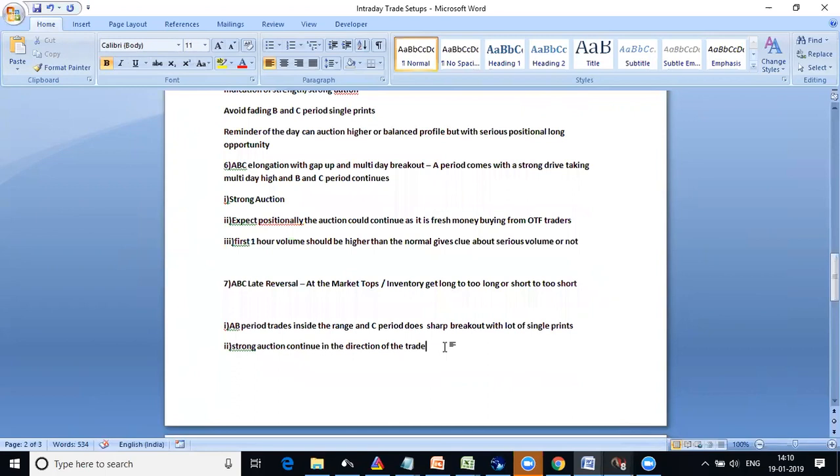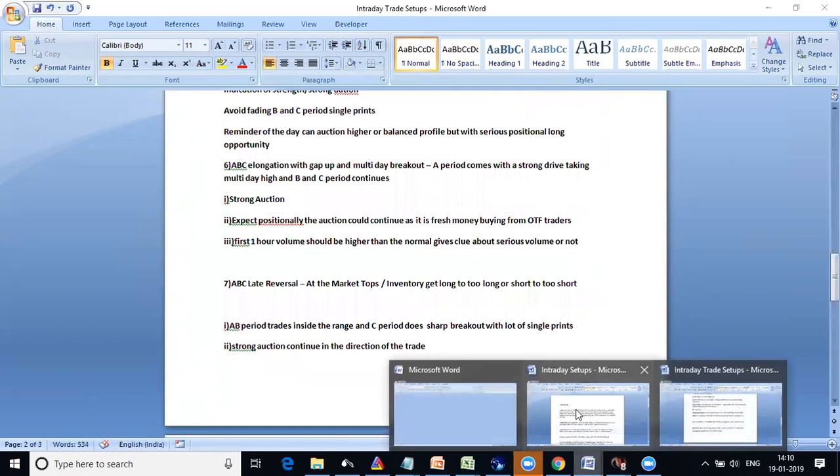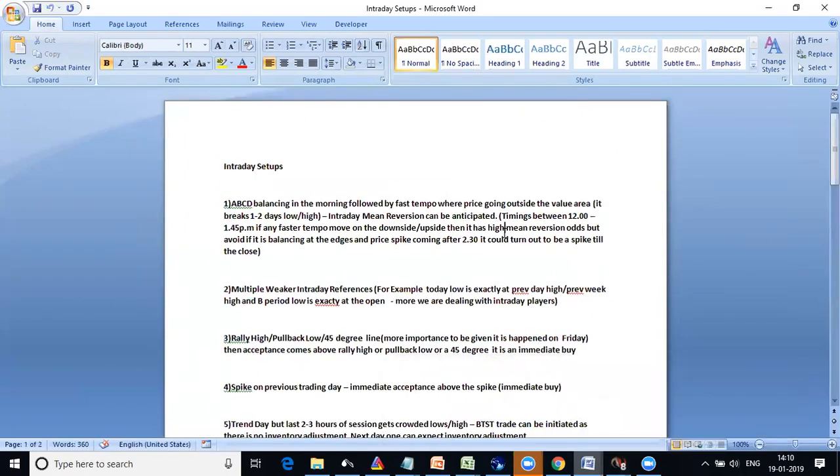Actually, we have seen a couple of examples in the morning, and now we are going to look into another set of patterns. So these are another set of documents I'll be sending you once this is done. The very first thing is ABCD balancing. It's ABCD balancing or ABCDE balancing in the morning, followed by a fast tempo where the price goes down below